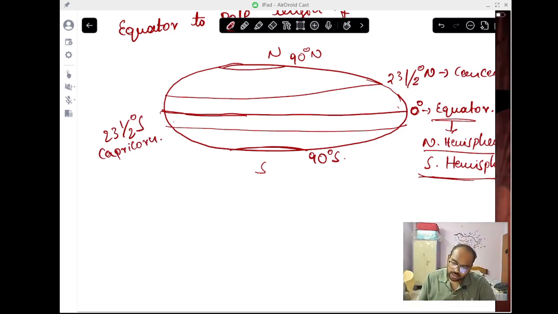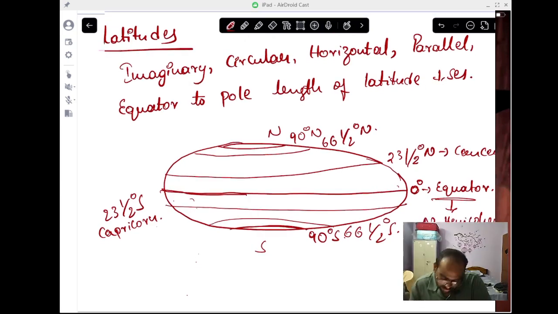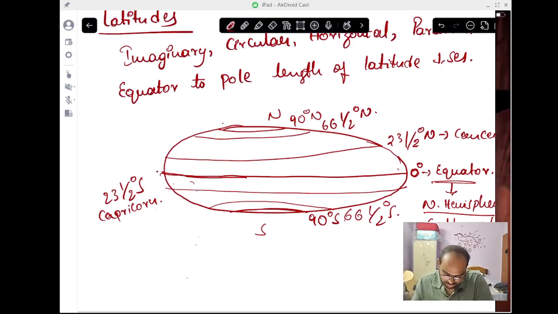Okay. And above Tropic of Cancer we have Arctic Circle at 66.5 degrees north, and Antarctic Circle at 66.5 degrees south. Okay. And moreover, we also learned that from equator to pole, length of the latitude reduces. Why? If we observe closely,